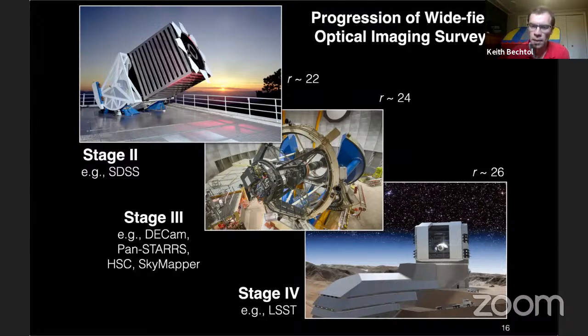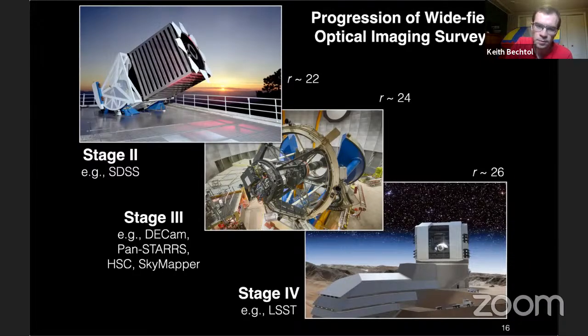And then many of the technologies and science cases translate into next generation projects like the Legacy Survey of Space and Time, conducted with the Vera C. Rubin Observatory, pictured in the lower right. And so effectively, we're able to map increasing fractions of the sky at increasing depths,